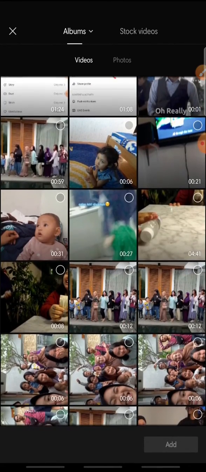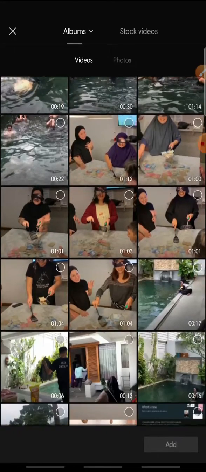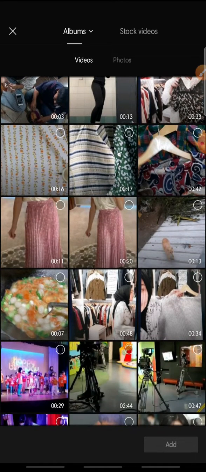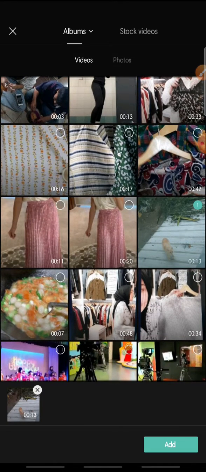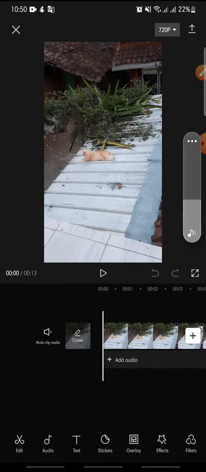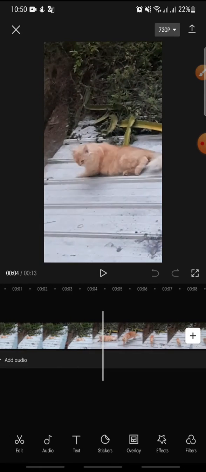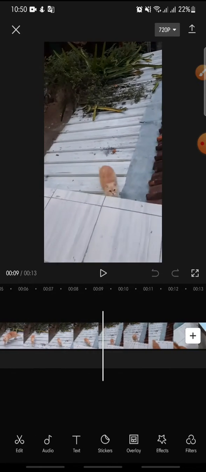First, open your CapCut apps and add the photo or the video that you want to edit. Maybe the photo or maybe this video, so you just click on it and click add at the bottom. Now I wanna make this cool glitch effect, so you just click on